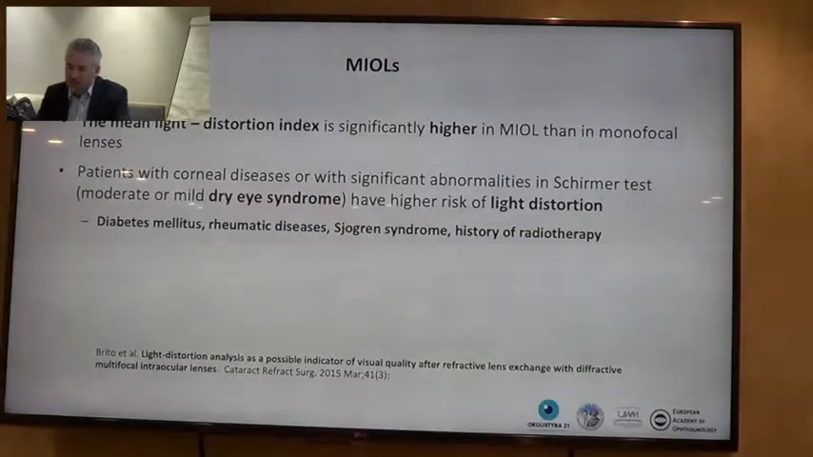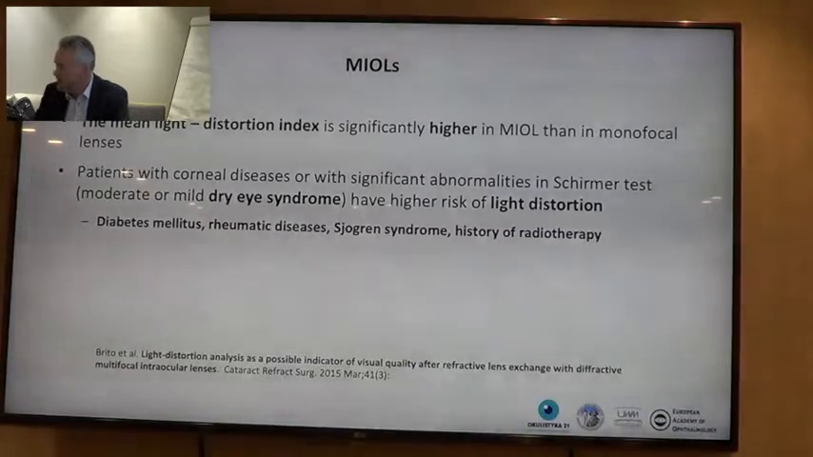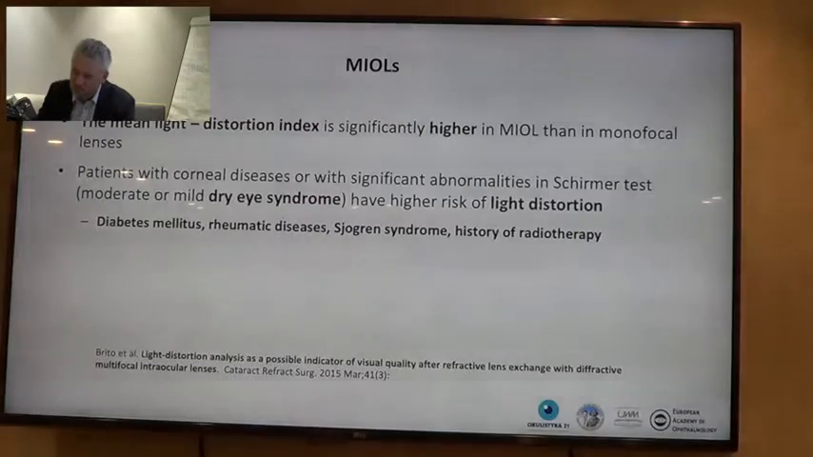We also know that the mean light distortion index is significantly higher in multifocal IOLs than in monofocal lenses, and patients with corneal diseases with significant abnormalities in Schirmer tests, like moderate or mild dry eye syndrome, have higher risk of light distortion. So we should be quite cautious with patients with diabetes mellitus, rheumatic diseases, Sjögren syndrome, history of radiotherapy,